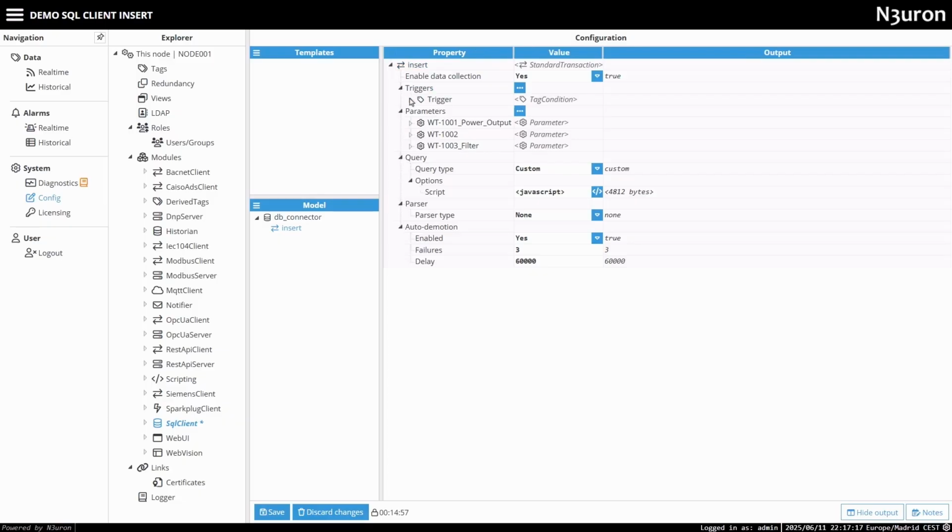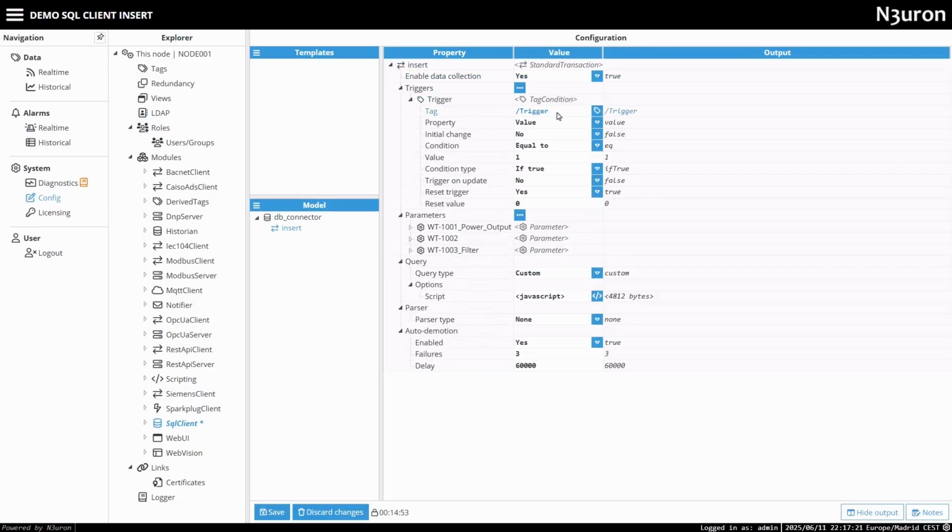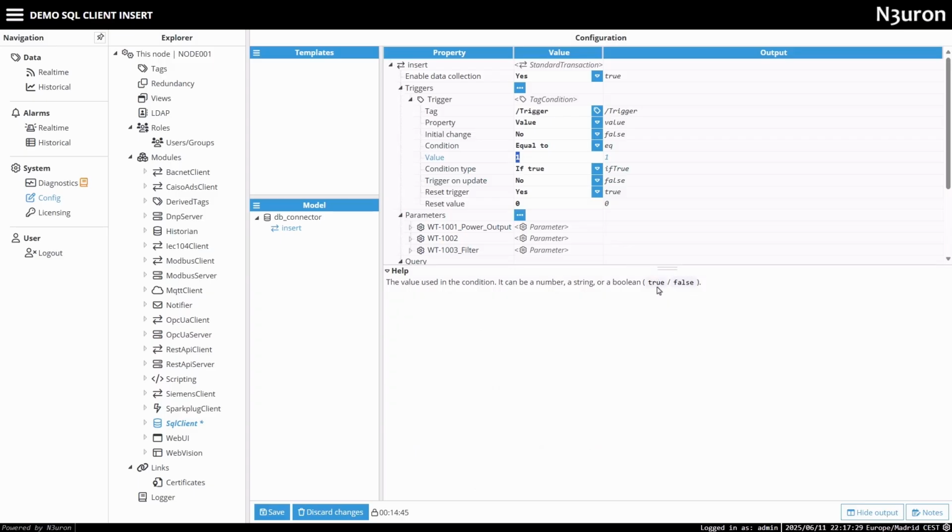insert transaction we have already created. In this case, we've created a tag condition trigger and provided the path to a tag named trigger. This tag is a Boolean, and we're using its value property to check if it's true. When the tag becomes true, the transaction is triggered, and its value is then reset to false. Here we're using 1 as the true value, which works perfectly for Booleans, and 0 to reset it to false,